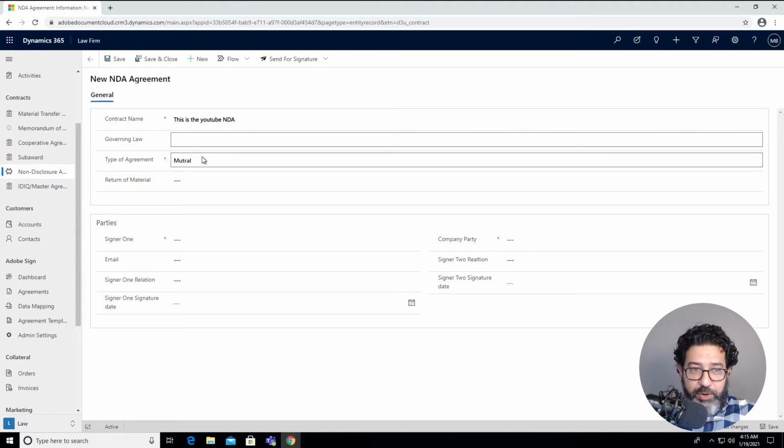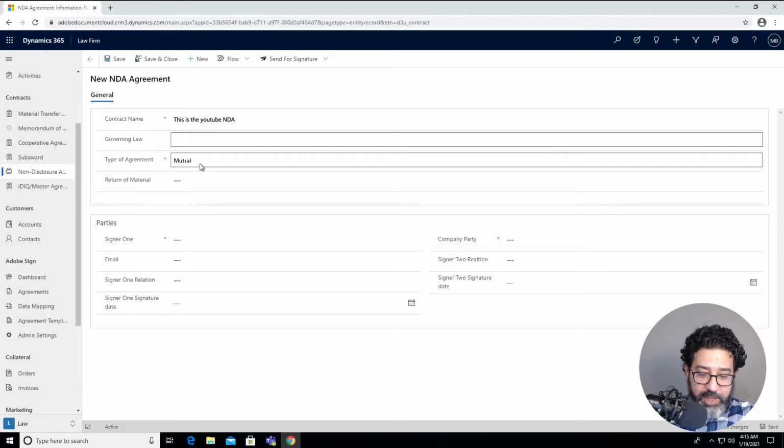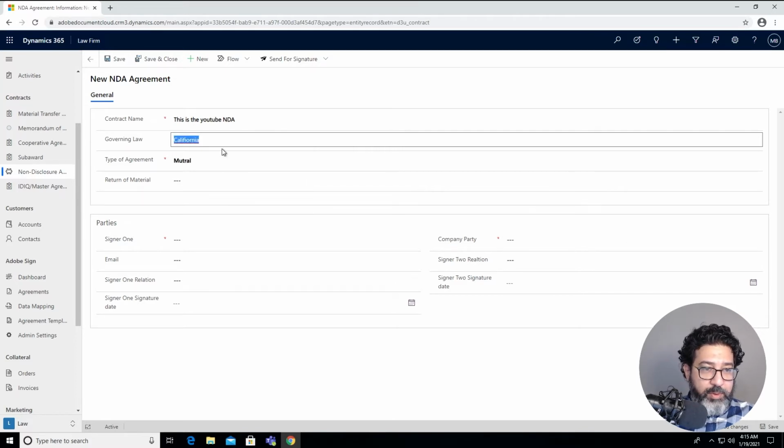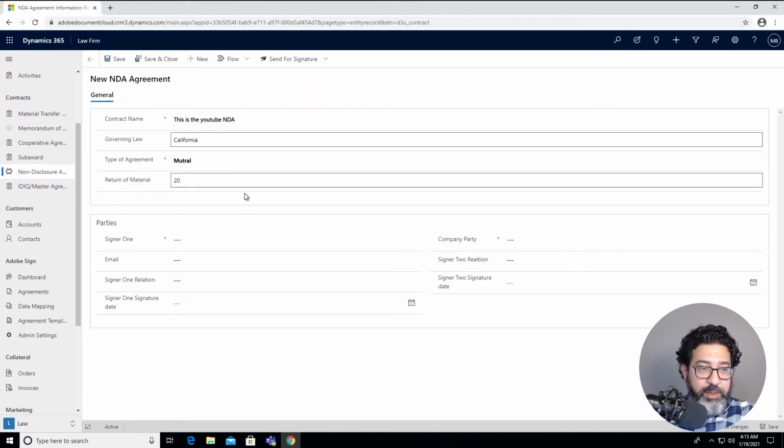Of course, in your case, you will have something more meaningful than this. And for the governing law, I can say California. Then the return material, I can say in number of days, 20 days.